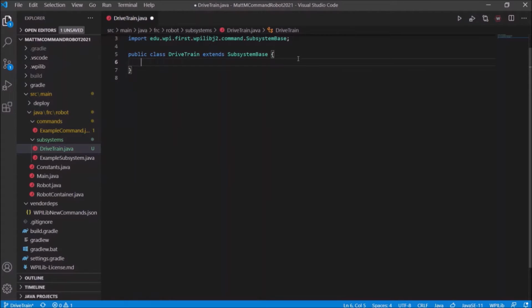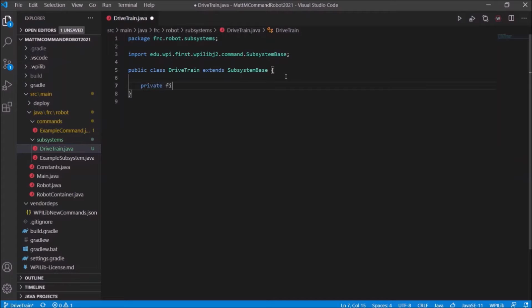It's pretty straightforward. Now within Drivetrain, we're going to actually utilize two classes in our hardware. The first one is going to wrap all the motors up in what's known as a DifferentialDrive, which we're going to use because we're actually, in this case, creating a tank drive. And the other one is going to actually be the gyroscope that we're going to use. We're going to use a class from WPILib. So, private final